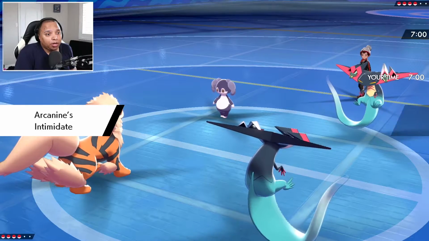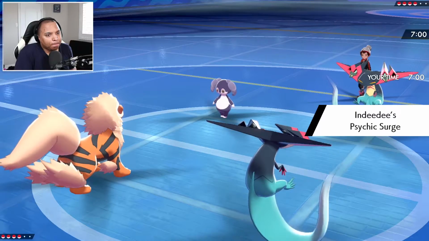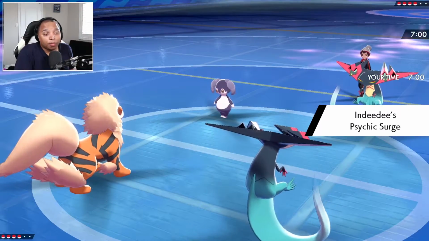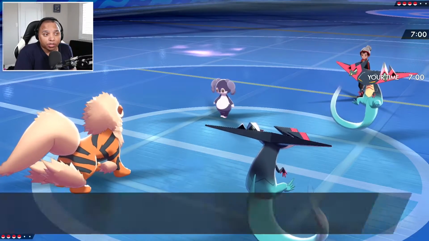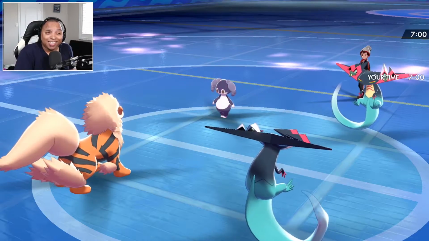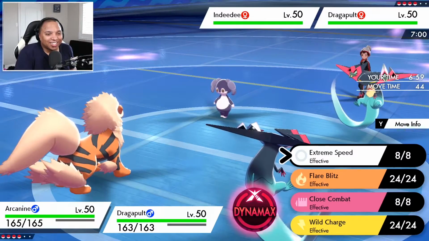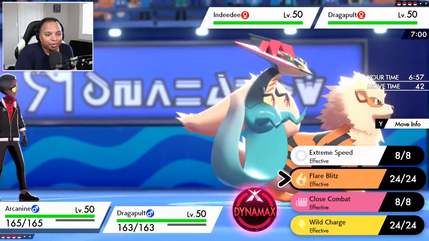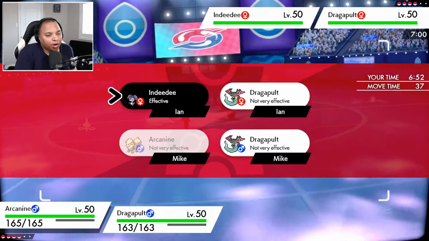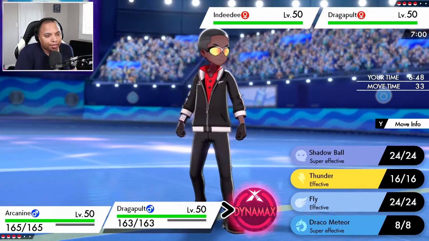So the Intimidate is going to be pretty good here. Then the Psychic Surge. So that actually is kind of relevant. I don't want to be attacking with any kind of priority. And then the Psychic Seed. Really? Okay. Interesting. I like that. I don't understand it. Let's go for Flare Blitz on the Indeedee. Flare Blitz on the Indeedee, and then